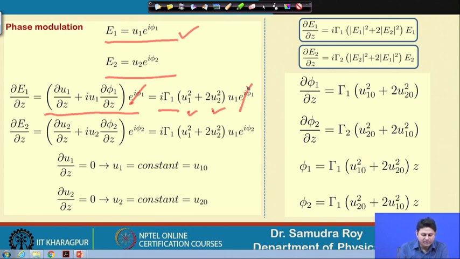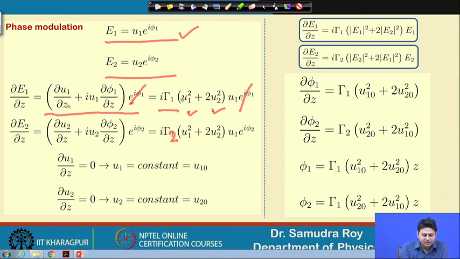By the way, in a similar way you can calculate the amplitude and phase equations for E2. The amplitude and phase equation of E2 will come exactly in the same way, and it will have an almost similar form except for a few changes. So, here is a mistake. This coefficient for E2 will be gamma 2, it is again a typing mistake, it was written gamma 1. So, it should be gamma 2. If you look at this equation carefully, e to the power i phi 2 will cancel out.